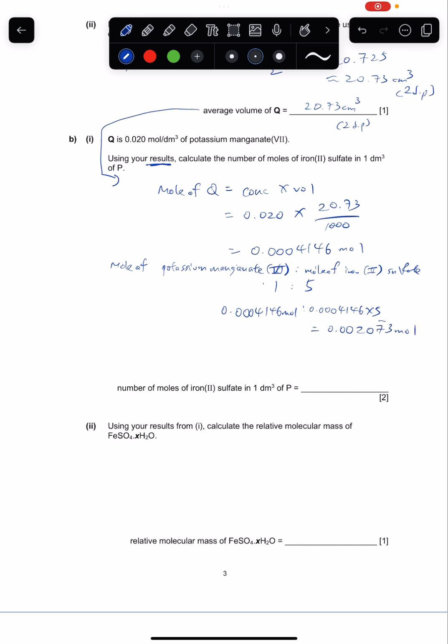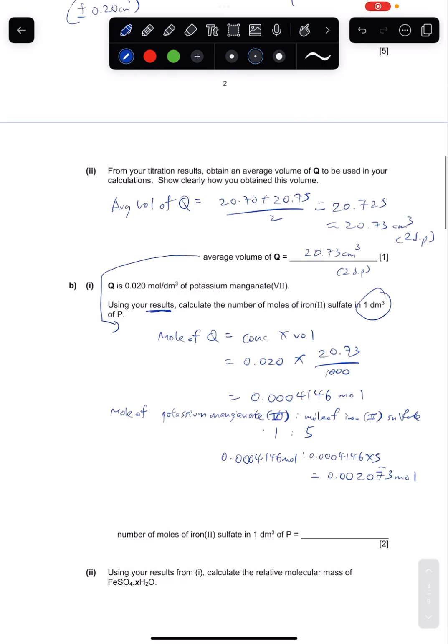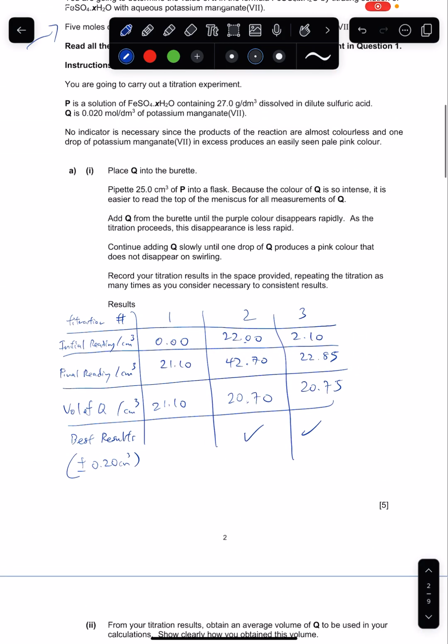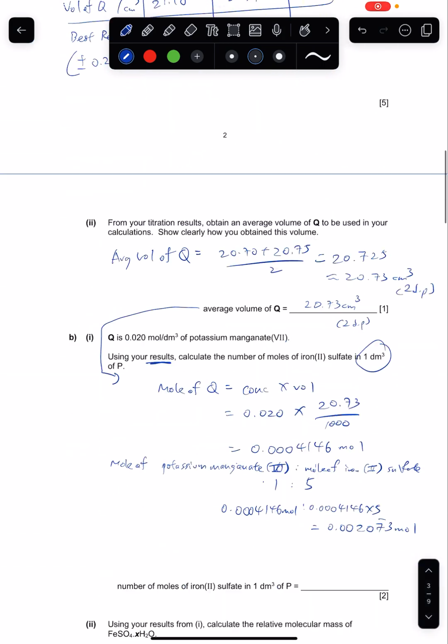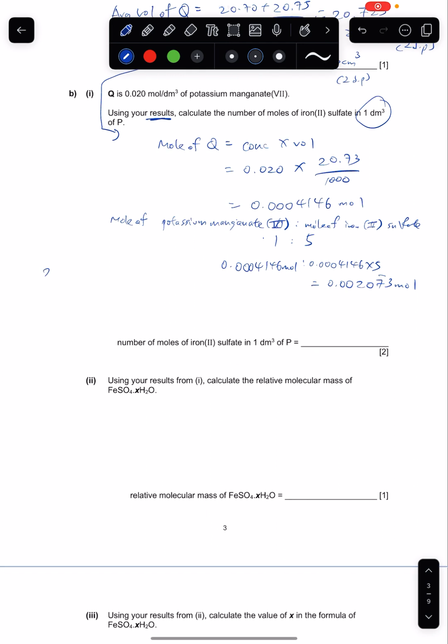So after that, you notice 1 dm cube. What's happening? Can we take a look and see how much P we added? Oh, P is 25 cm cube. So 25 cm cube is